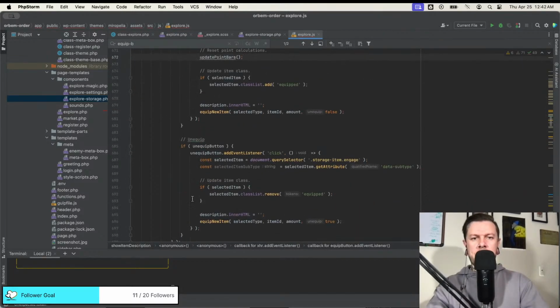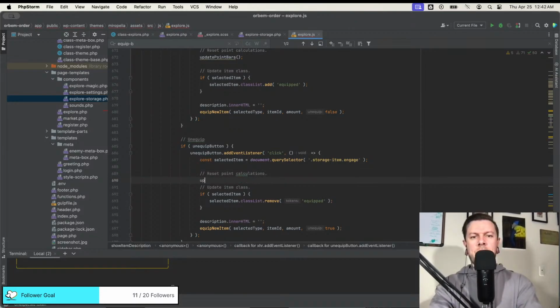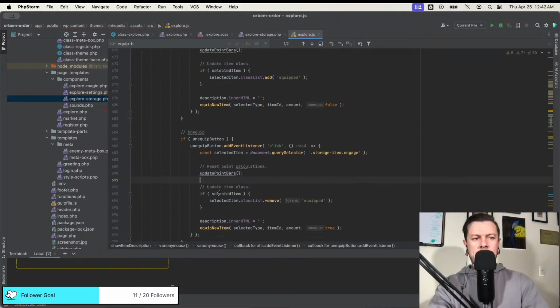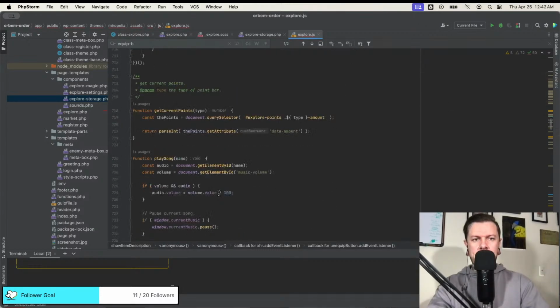And then we'll do the same thing here. Update point bars. Reset point calculations, because it'll have to be removed and added. Cool. Update point bars. I guess I call them gauges, but that's fine. Update point bars. Yeah, okay.